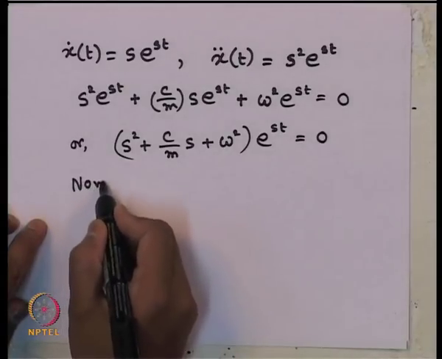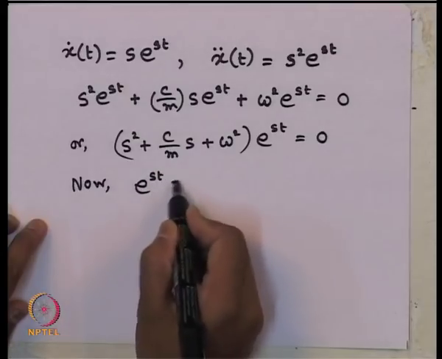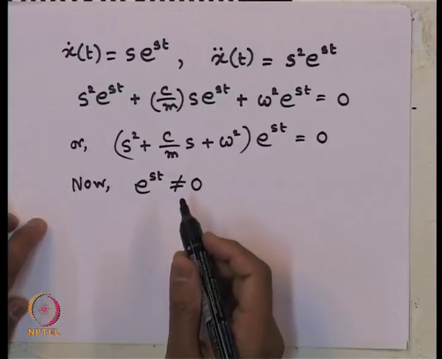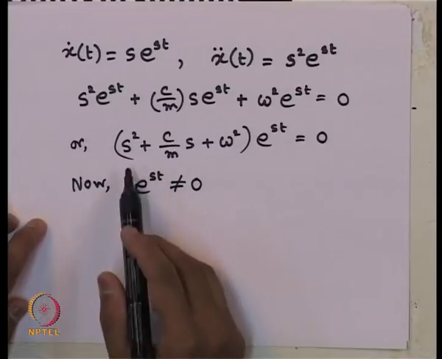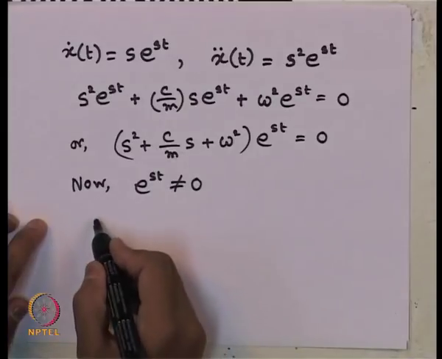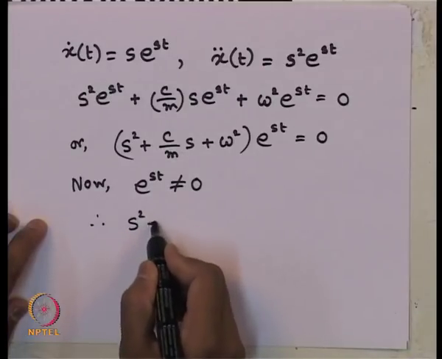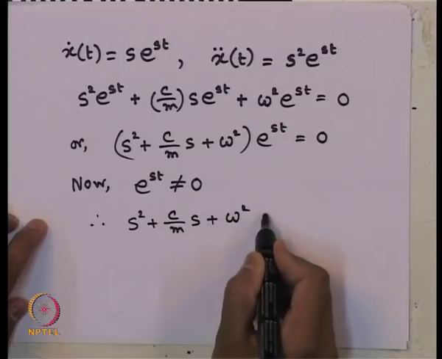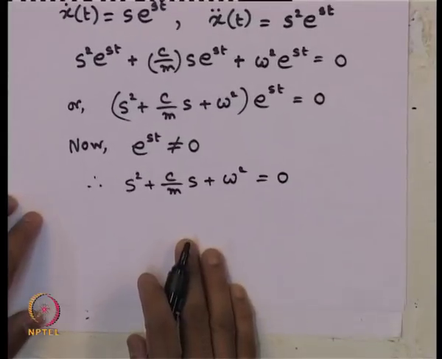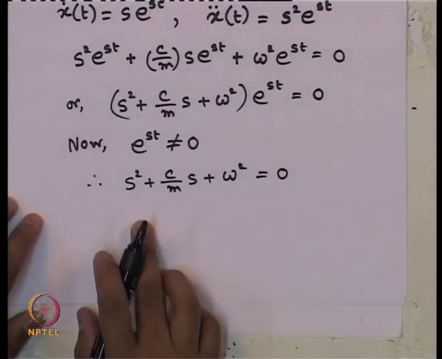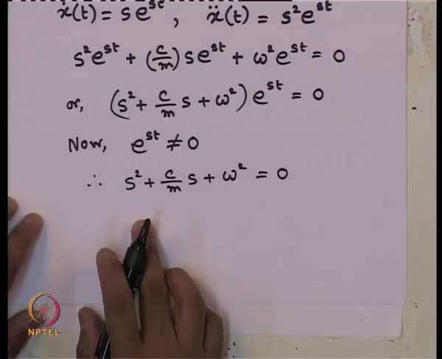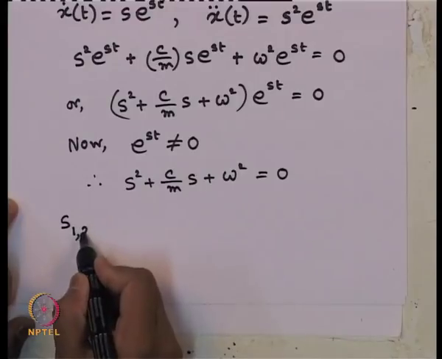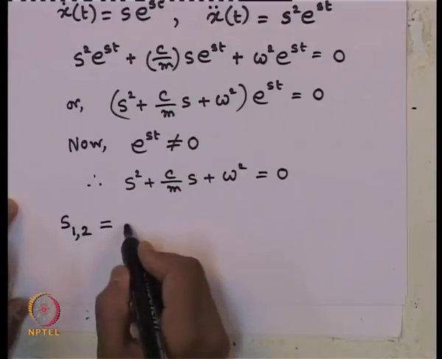Now, e to the power s t cannot be 0, because otherwise it will give a trivial solution. So, this component has to be 0. Therefore, s square plus c by m s plus omega square has to be 0. So, solving this equation, we will get two roots, root 1 and root 2 of s, which can be written as,